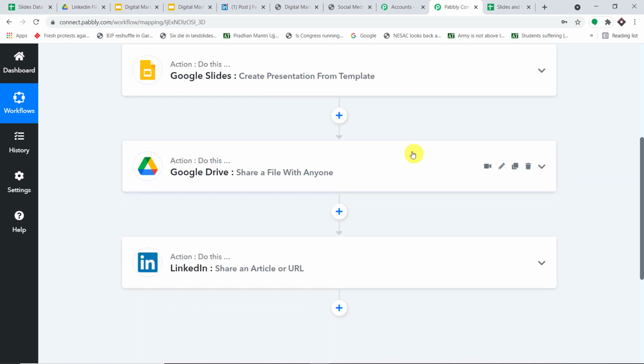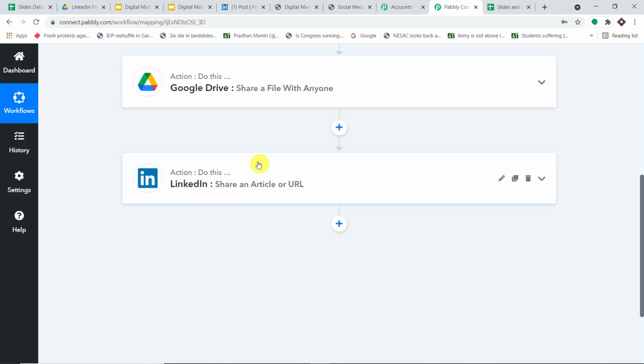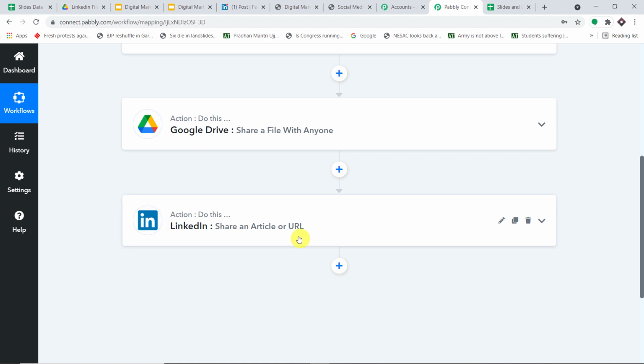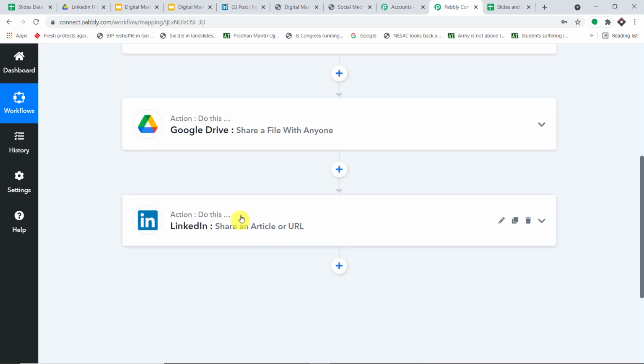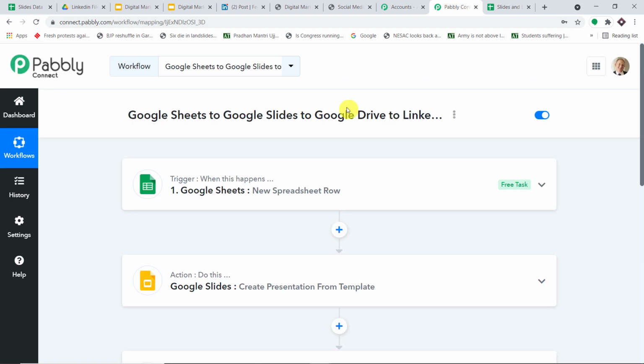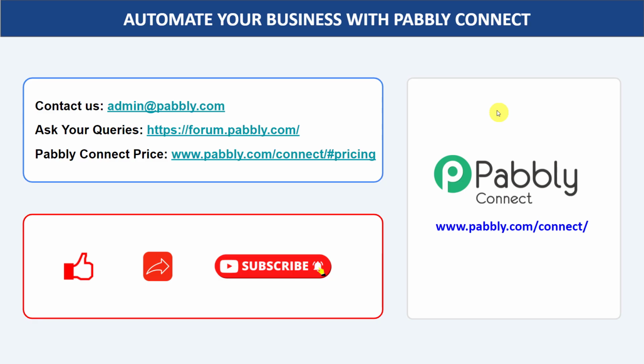And after that, you have made sure that this particular file is saved in Google Drive, and this file is now shareable with others. And you just copied and pasted this shareable URL in LinkedIn. And after that, there is a post or an article on LinkedIn. So now there's a perfect flow of data between Google Sheets, Google Slide, Google Drive, and LinkedIn. The importance of creating this workflow is all you have to do is just create a workflow once, and whenever new data is entered in Google Sheets, it will be reflected as a post on LinkedIn. Awesome. So not just these two apps, you can integrate a ton of applications and automate your business with Pabbly Connect.